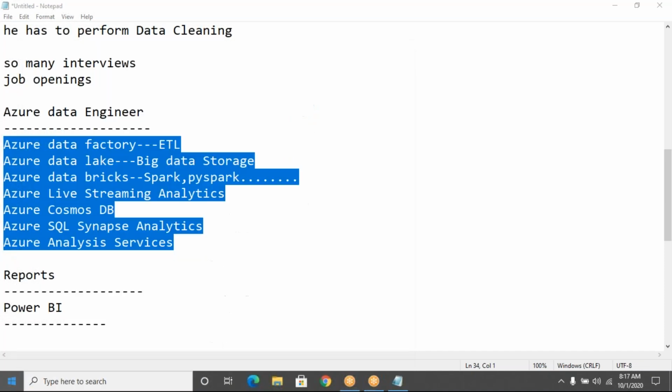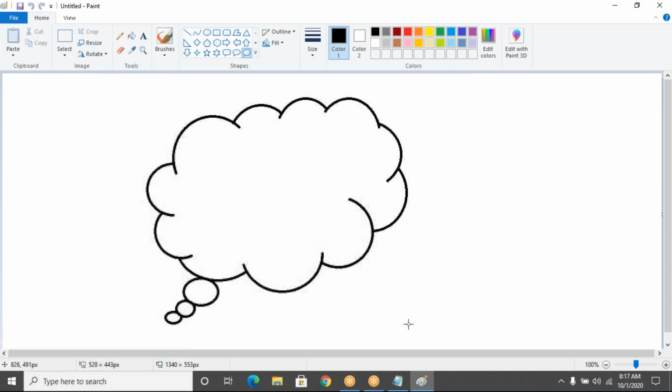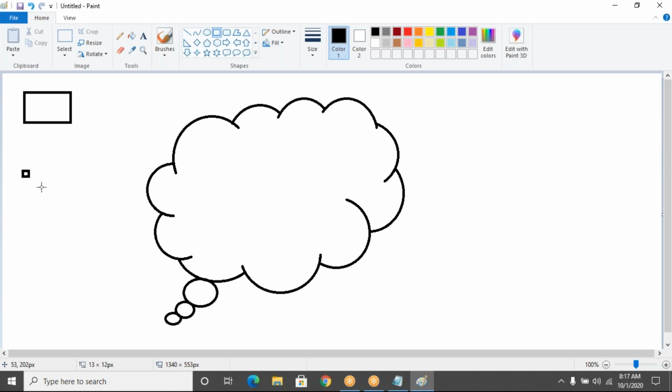So basically he connects to the different storage systems available, gets the data, and whatever data he gets, he can manage inside the cloud environment.